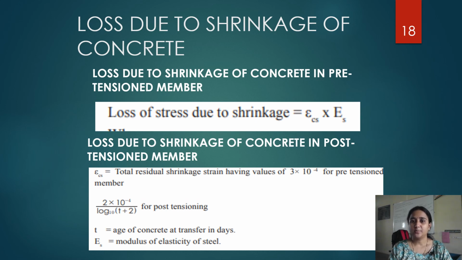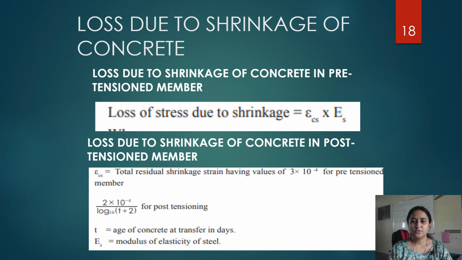Also, use of high strength concrete with a low water cement ratio results in reduction of shrinkage and consequent loss of pre-stress. The primary cause of drying shrinkage is the progressive loss of water from concrete, and in the case of pre-tensioning members, moist curing is generally done in order to prevent the shrinkage until the time of stress transfer. Okay,